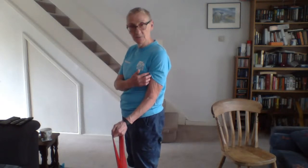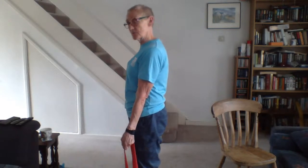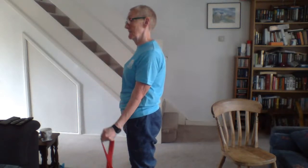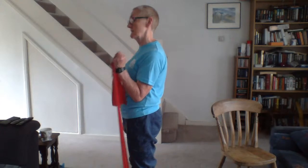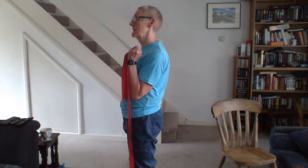Hold it so that there's enough tension so that when your arm is there, you're having to consciously use it. And if you feel your bicep, that's the big muscle at the front of your arm, you can tell that it's under tension. It's just a closing, you're closing your arm. You're not lifting like that, like some people try and do. And don't rock backwards and forwards. So we're going to do 1, 2, 3, 4, 5, 6, 7, nice and slow, 8, keep the tension there all the time, 9,